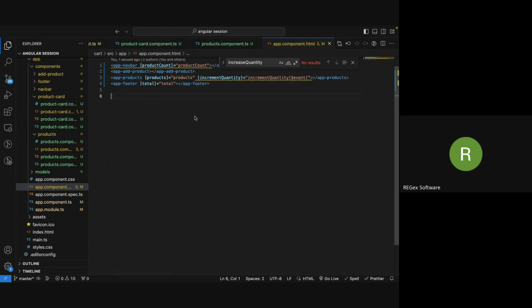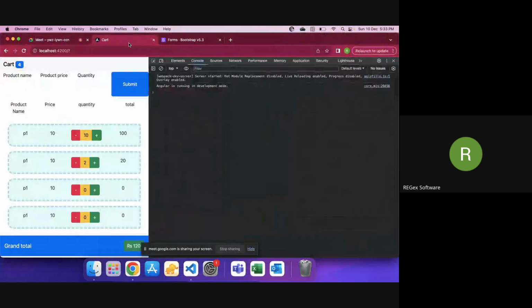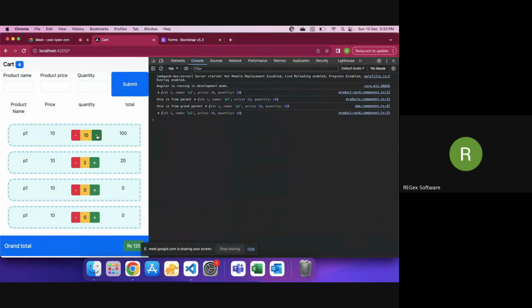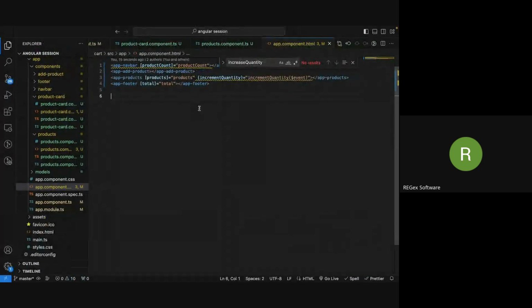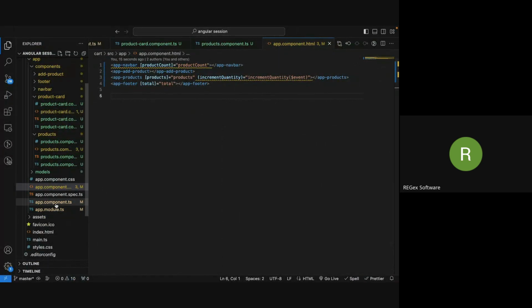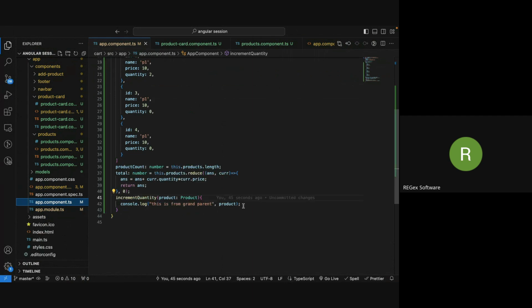Okay, let's see, are we able to call the grandparent now or not? Okay, so this is from parent, this is from grandparent. So we are sending data two layers above. Okay, now in the grandparent, we have to write the logic. In the grandparent component TS, we will go to every product, so this dot products dot